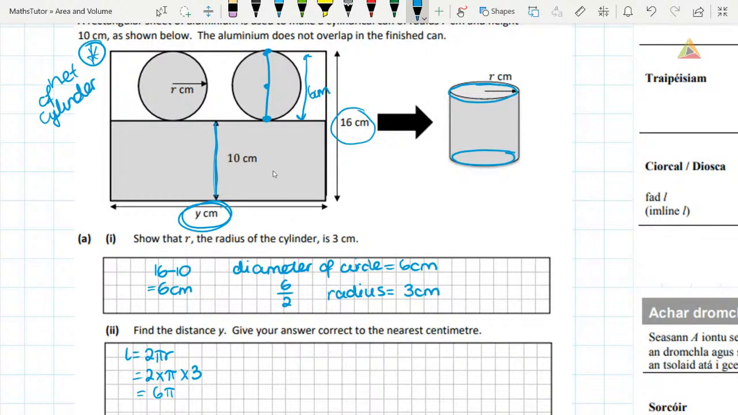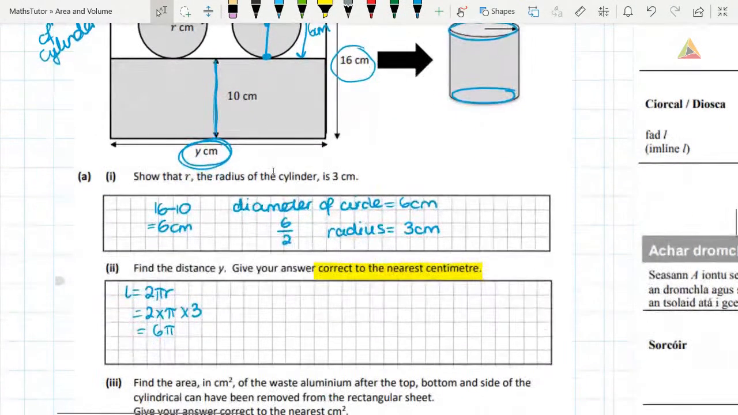But the question here says, give your answer correct to the nearest centimeter. So I'm going to have to convert that. In the last question, we were asked in terms of pi. This time we're asked correct to the nearest centimeter. So when I want correct to the nearest centimeter, I'm going to press the SD button on my calculator,